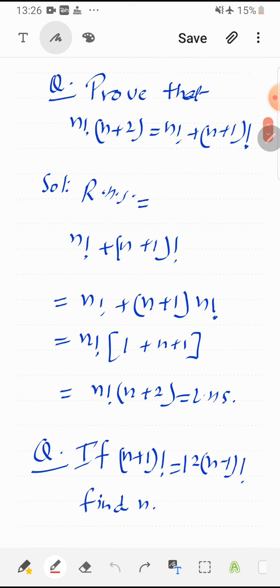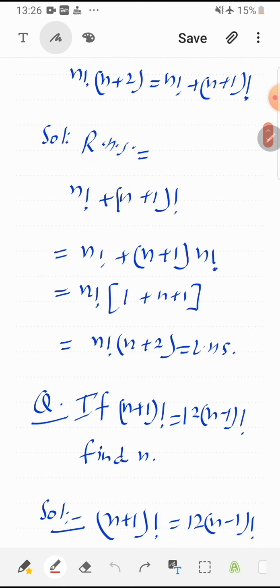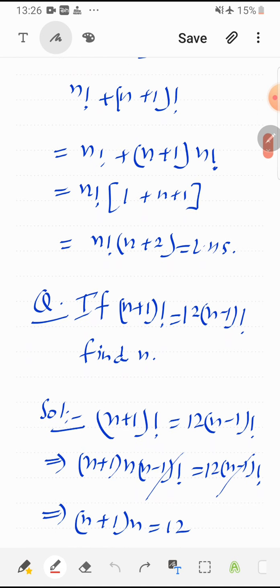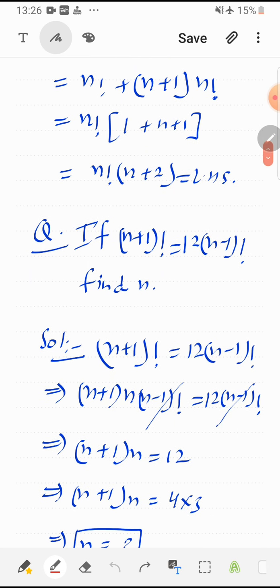Next is find n if n plus 1 whole factorial is equal to 12 into n minus 1 whole factorial. So again remember, whichever is greater has to be reduced into the smaller one. So n plus 1 is larger, that means n plus 1 factorial can be written as n plus 1 into n into n minus 1 factorial. n minus 1 factorial can be cancelled out. Now what we are left with,